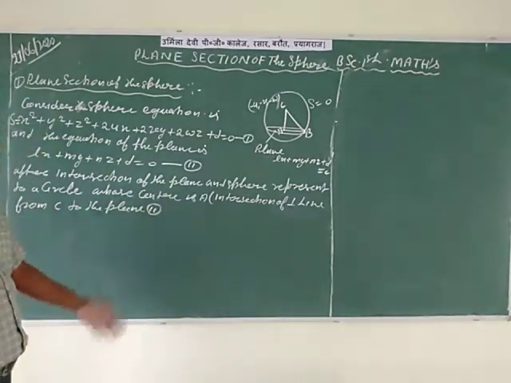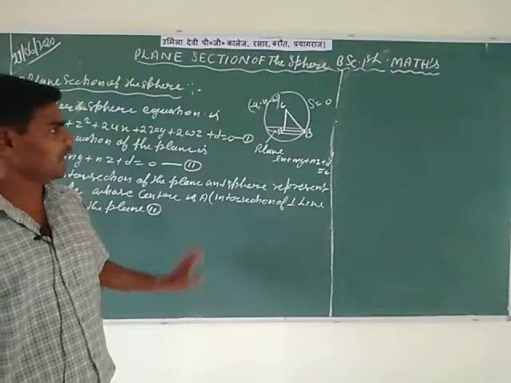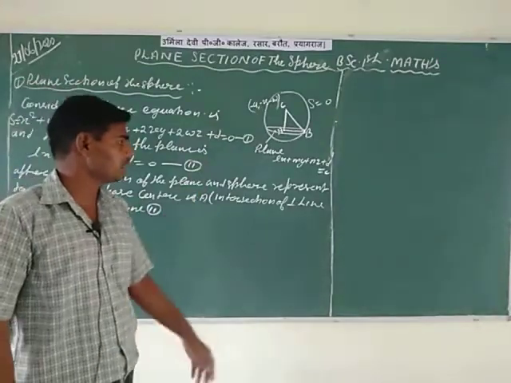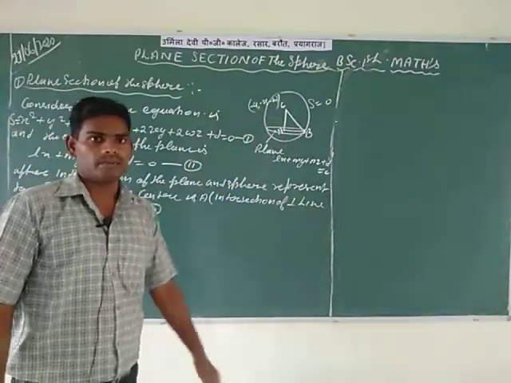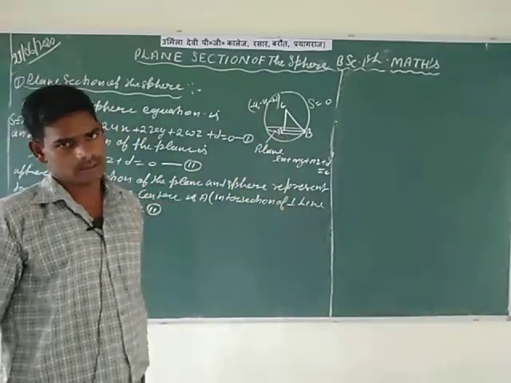So it's clear that the meeting point capital A is the center of the circle, and for the center of the circle, draw a perpendicular line from the center of the sphere, capital C, to the given plane, means plane second,